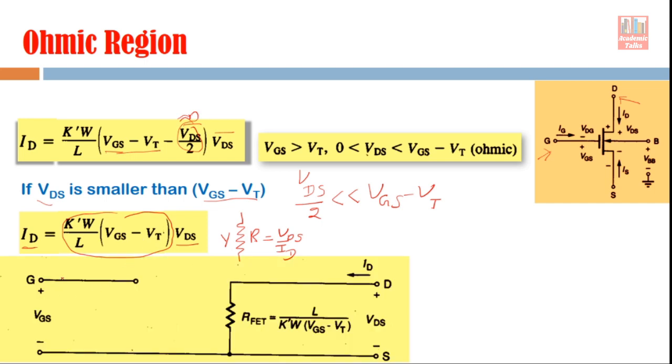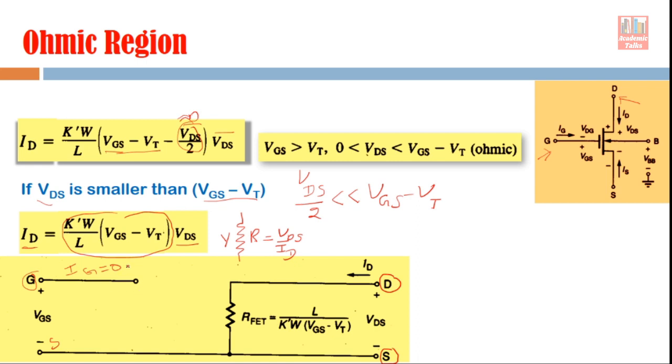So the equivalent circuit will look like this. On the input side, you see this is the gate terminal, and here this is the source terminal. The source terminal is the common terminal. On the output side, there is the drain terminal and the source terminal, because it is a common terminal. So on the input side, you see gate and source. Now you know that gate current is always 0, so you can represent this with the help of this kind of open circuit.